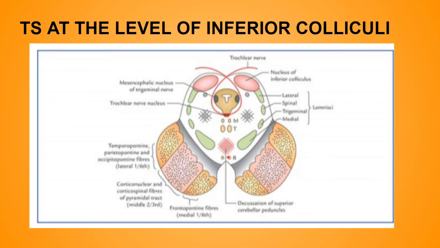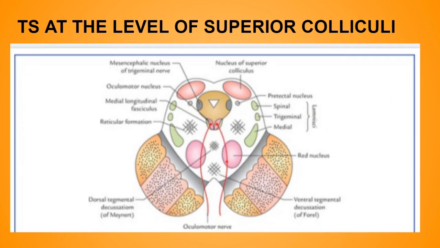Now in the center, or the median part, we have one fasciculus and two tracts. The fasciculus is the medial longitudinal fasciculus, which lies on the side of the midplane ventral to the trochlear nerve nucleus. This is the trochlear nerve nucleus, so ventral to this we have the medial longitudinal fasciculi. The two tracts are the tectospinal tract and the rubrospinal tract. The tectospinal tract lies ventral to the medial longitudinal fasciculi and the rubrospinal tract lies ventral to the decussation of the superior cerebellar peduncles. Now next is the transverse section at the level of the superior colliculi.